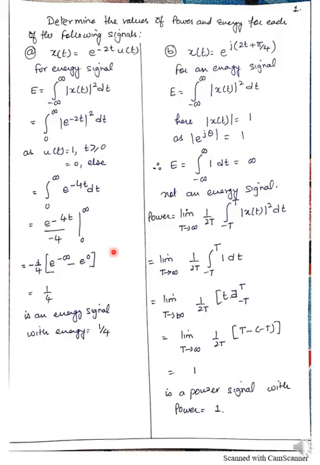If a signal has a finite energy, then that signal is an energy signal. And if the signal doesn't have a finite energy, or you can say the energy turns out to be infinite, then the signal will be tested for a power signal. There is a possibility that a signal is neither an energy signal nor a power signal, but you will not find a signal which is both energy and power together.